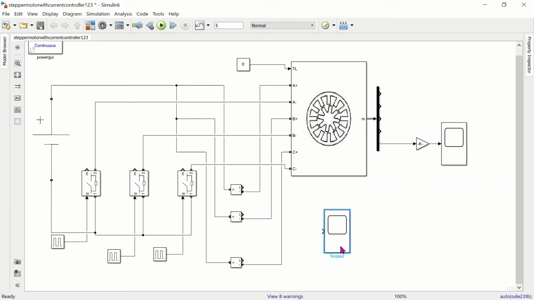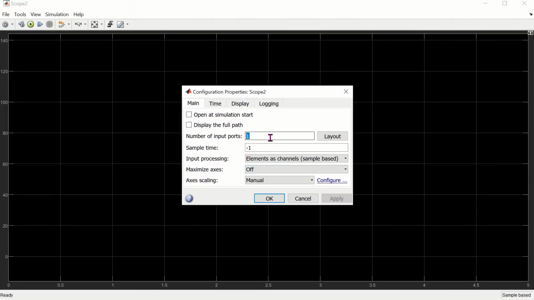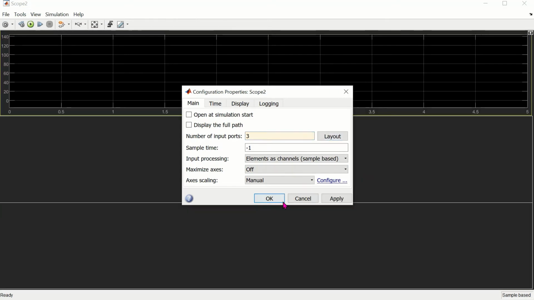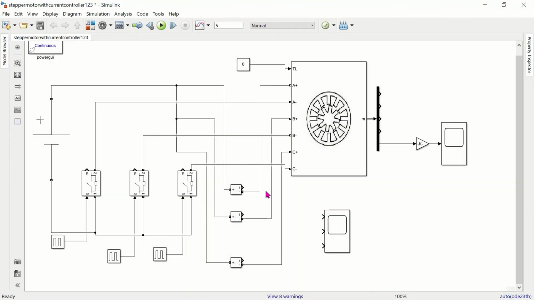Now we can visualize the output of the current measurement unit. I'm going to visualize all the three phase currents: phase A, phase B, and phase C. So I connected all the three phases.